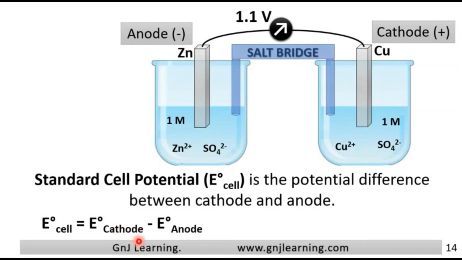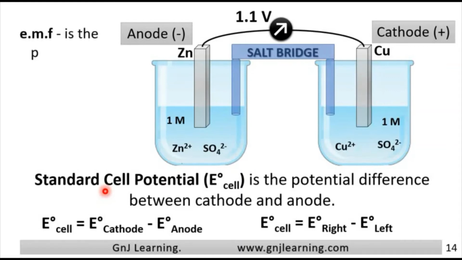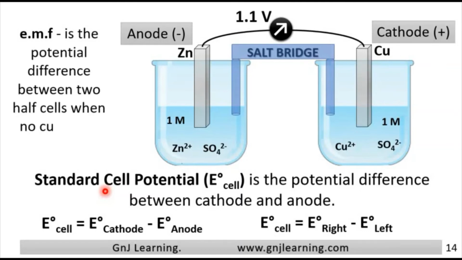So I can write the same equation in a different form, that is E0 cell is equal to E0 right minus E0 left. So E0 right by default is the cathode, and E0 left by default is the anode. There is also another term generally used instead of standard cell potential or cell potential, that is EMF,